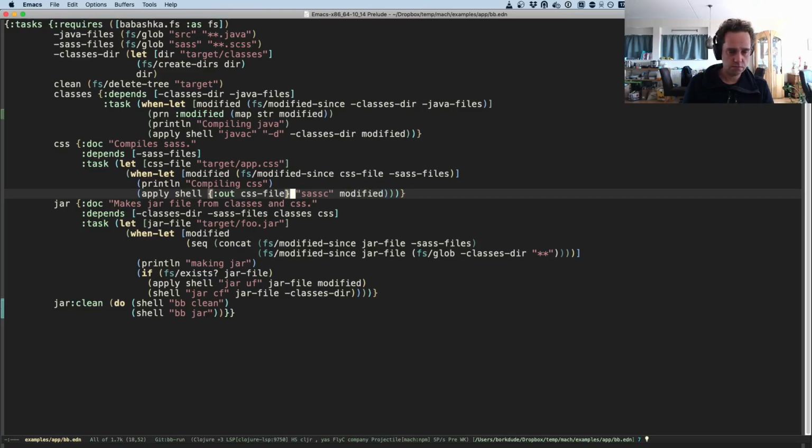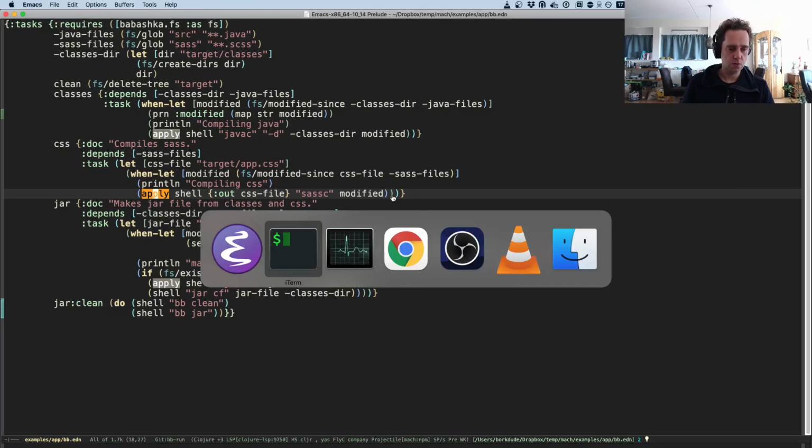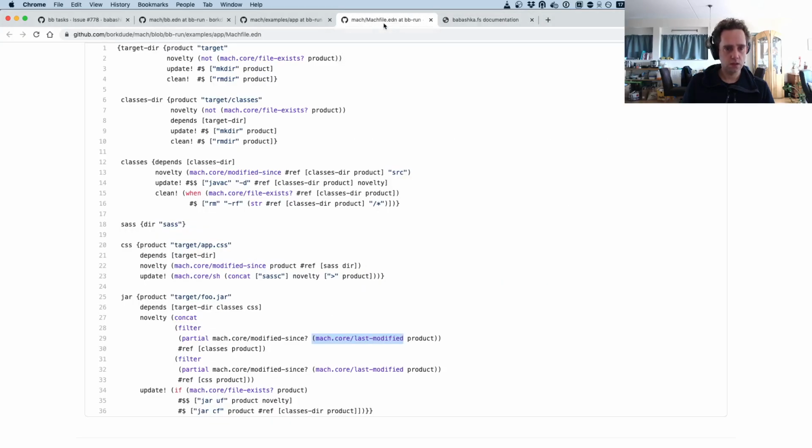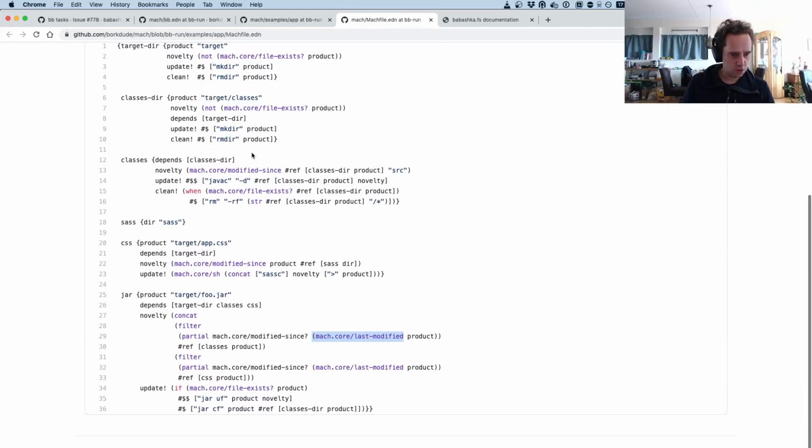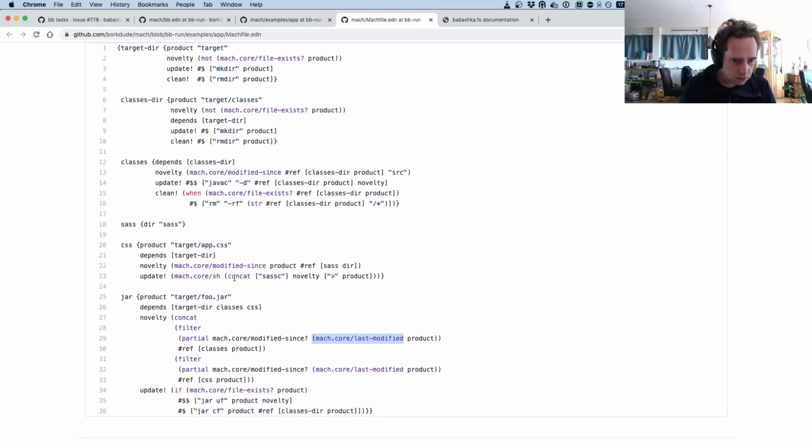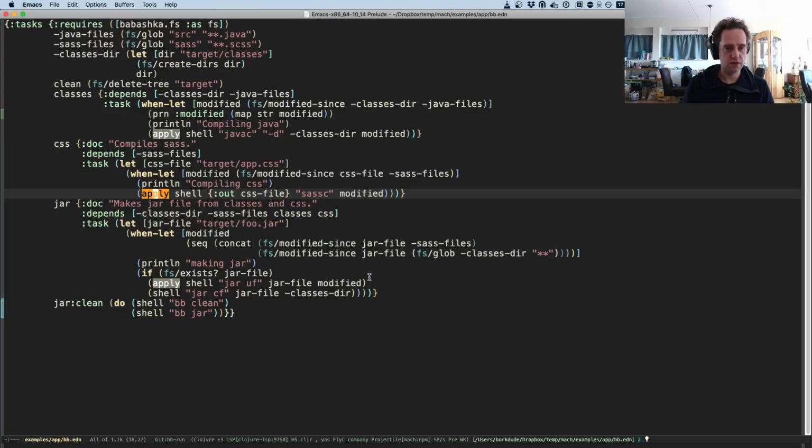And not sure if this, I think there is only one Sass file here, but not sure if this is the correct way of doing it. But I just ported it as the Mach file was doing it. Maybe it's a little bit strange that only the recently modified Sass files are compiled and then inserted in this product. But okay, so what you can do with shell is you can also explicitly provide an out file,